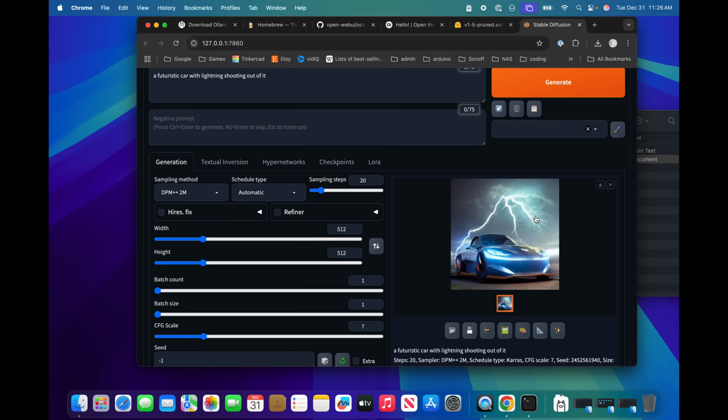If you want two UIs, so the Open Web UI and Stable Diffusion, you can end the video. But if you want them to be integrated, just like in ChatGPT, you can continue watching. So right now we will link these two UIs together.